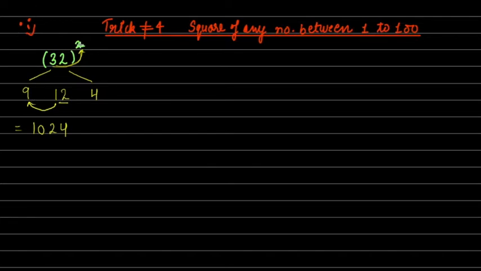Let's take another example. If you write 42 square. So again, what we will be doing, we will write the square of 4, which is 16, the square of 2, which is 4. Now 4 2s are 8, 8 2s are 16 here. Now there is no carry here, here we have a carry, pass it to here. 16 plus 1, 17, 6, 4. This will be the square of 42.